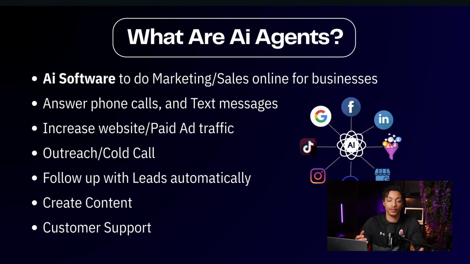And more specifically from a digital aspect, of course, brick and mortar businesses don't necessarily need websites, but it helps. When it comes to business owners, websites, paid advertisement pages, marketing with their customers, sending automatic text messages and emails, doing outreach and answering phone calls using AI, that's where the gold, if you ask me, lies right now. So you see right here: answer phone calls, text messages, increase website and paid ad traffic. Business owners spend tens of thousands of dollars running paid advertisements and driving traffic to specific pages, and there are things AI can do to increase that conversion rate and traffic, with their ads, their websites, AI chatbots, all of these things.